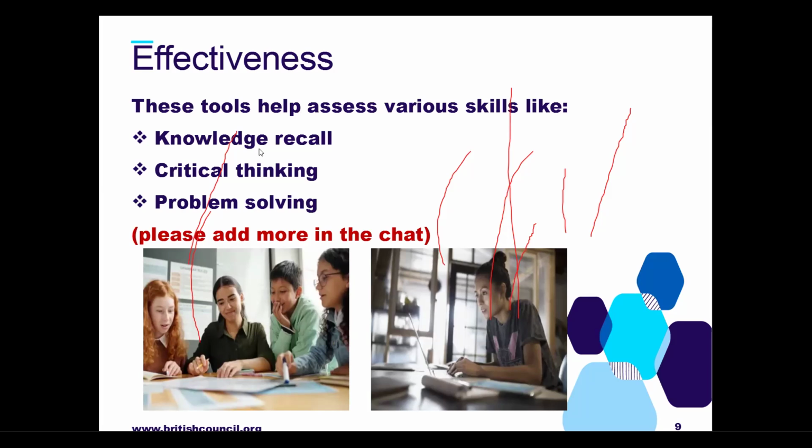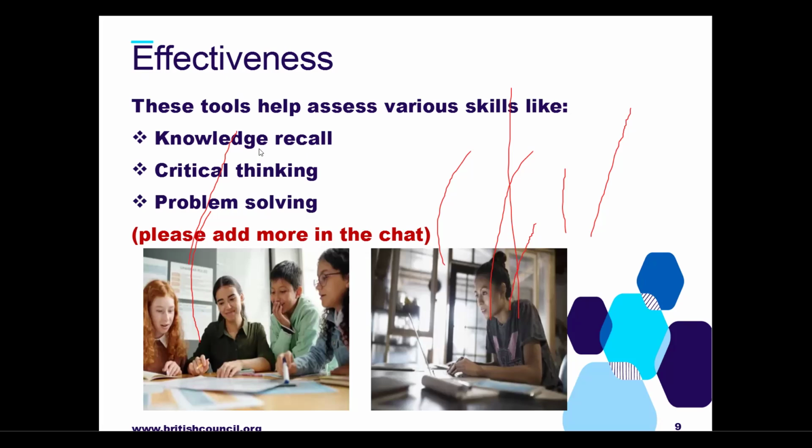Emmanuel Ika says they boost learner creativity. Good. Learners can come up with their own many other items and ideas from what they are doing. So the tools promote critical thinking, problem solving, collaboration.